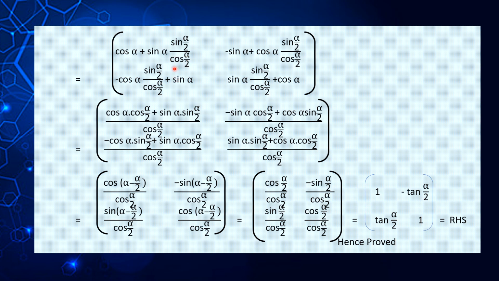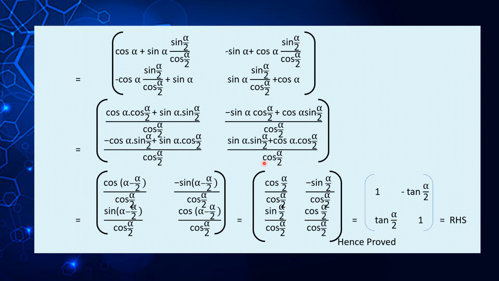So the LCM would be cos alpha by 2, so we would be multiplying cos alpha into cos alpha by 2, that would give us cos alpha into cos alpha by 2 plus sin alpha into sin alpha by 2, by cos alpha by 2, minus sin alpha into cos alpha by 2 plus cos alpha into sin alpha by 2, by cos alpha by 2, and minus cos alpha into sin alpha by 2 plus sin alpha cos alpha by 2, by cos alpha by 2, and sin alpha by 2 plus cos alpha into cos alpha by 2, by cos alpha by 2,